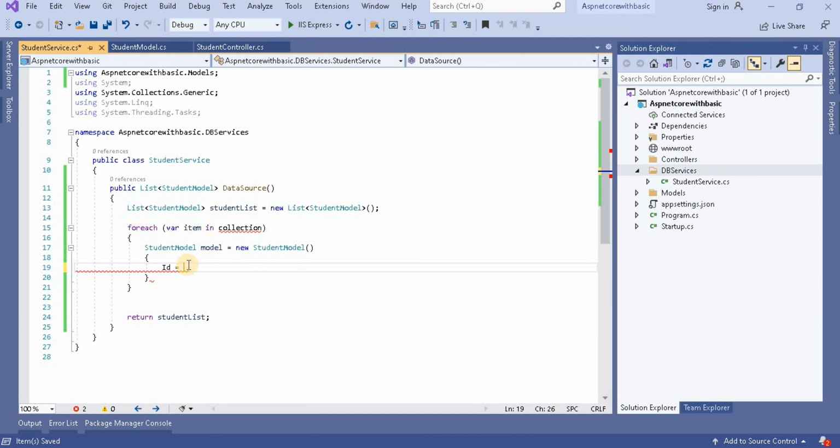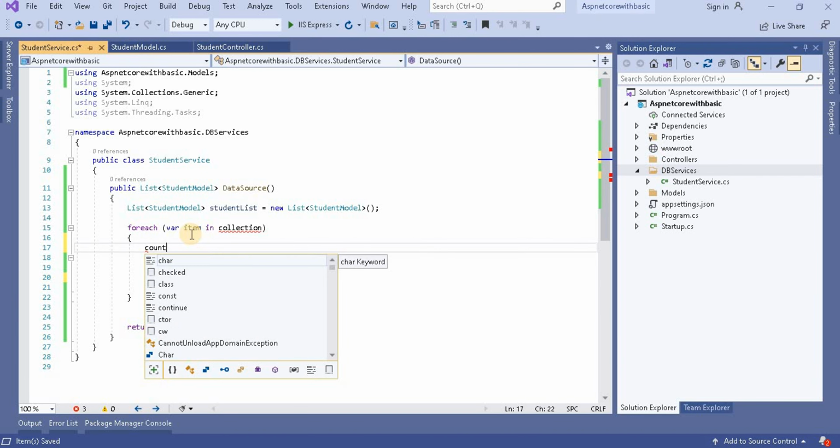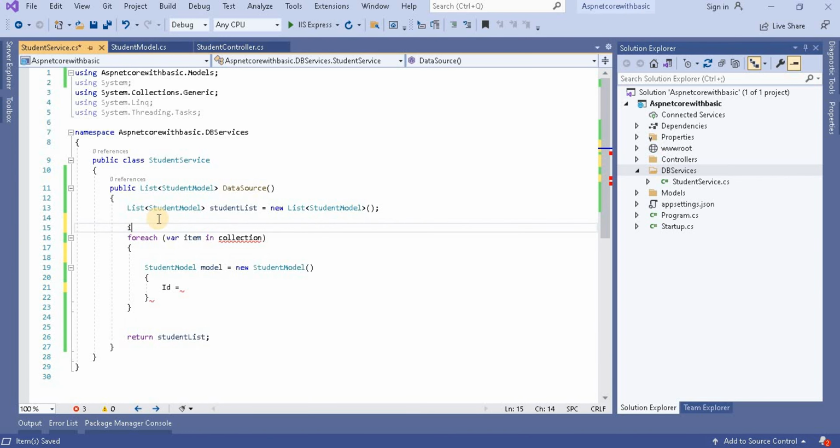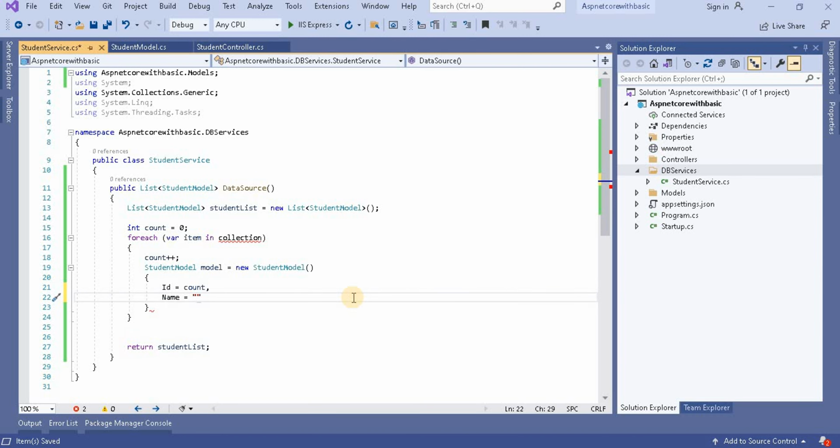ID as a count, so int count equal to 0 and count plus plus, and here I am adding count. The name can be any name, for example name, and for differentiating I'm going to add the count here.